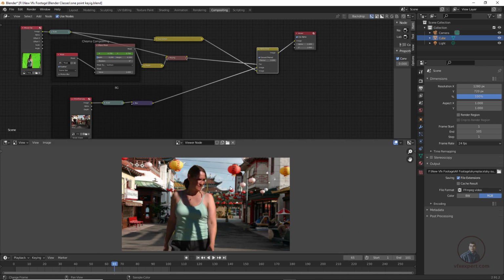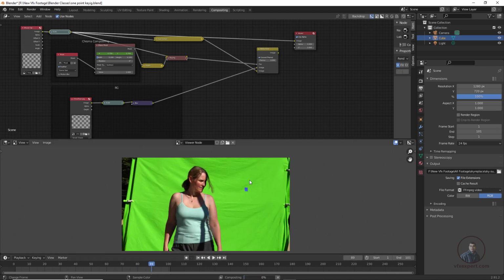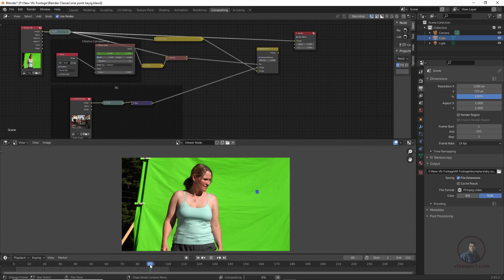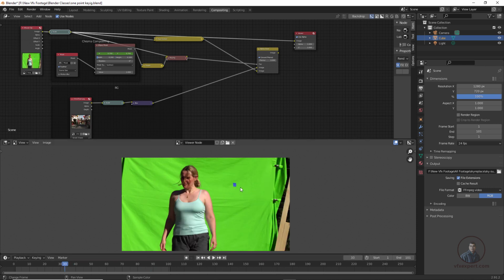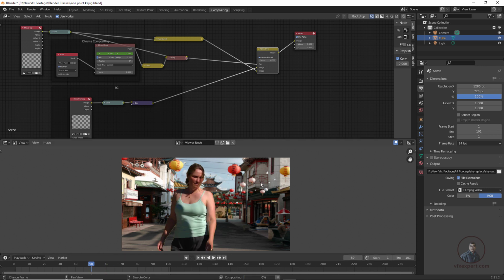So our background is not matching our original footage movements here. Again, if you want to check, simply hold Ctrl and Shift and click here. You can see this footage is moving, or the camera is moving here. So we have to track this shot and match it with our final compositing, because our background is not moving according to our original camera movements. So we also have to match it.